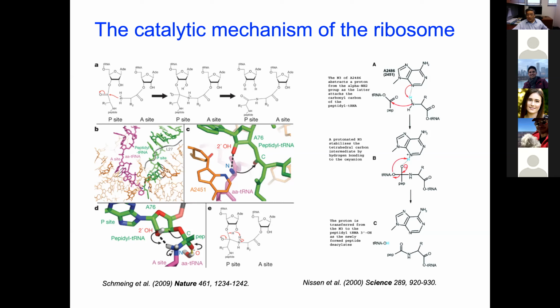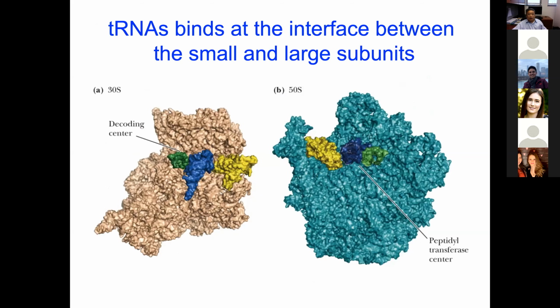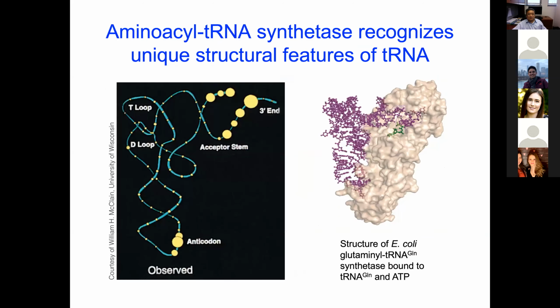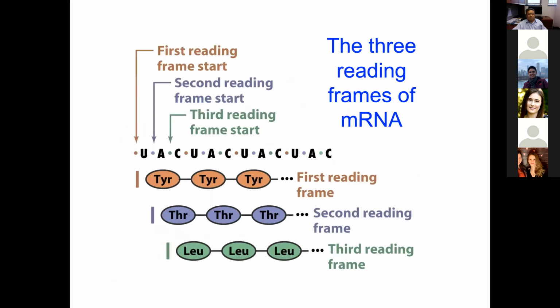Dr. Lee? Uh-huh. I have a question. What exactly is the reading frame? Oh, you mean in the very beginning? Yes, in the very beginning. I meant to ask, but I didn't want to interrupt. So, for example, this is a section of RNA from messenger RNA. You can read the triplet like UAC, UAC, UAC like that. Or you can read another way, which is ACU, ACU, ACU.